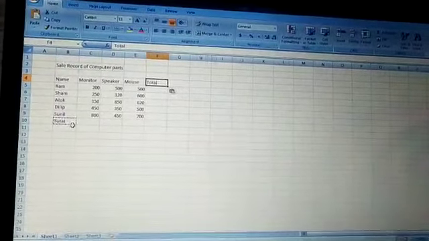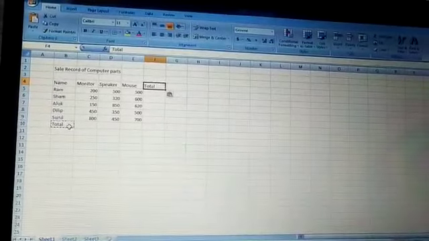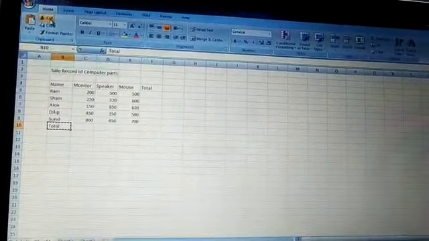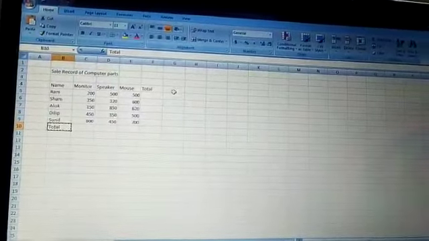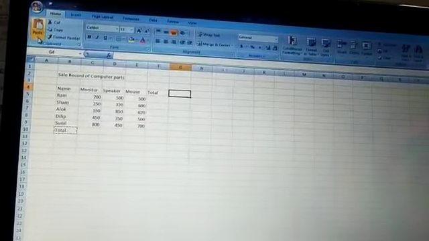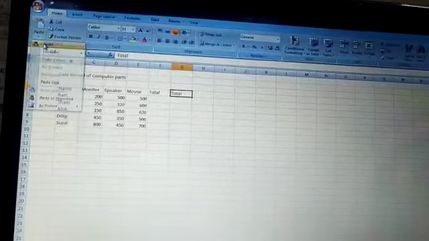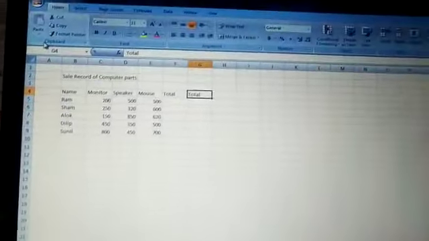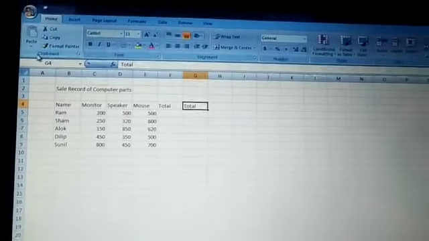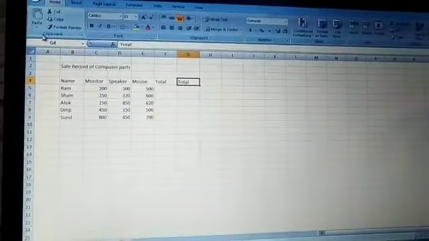If you want to do the cut action, then just click on the cut option, and now here I am selecting another cell and clicking on the paste option. Now you can see that the text is cut from this cell and moved to the other cell. I hope you can easily understand what we have done.